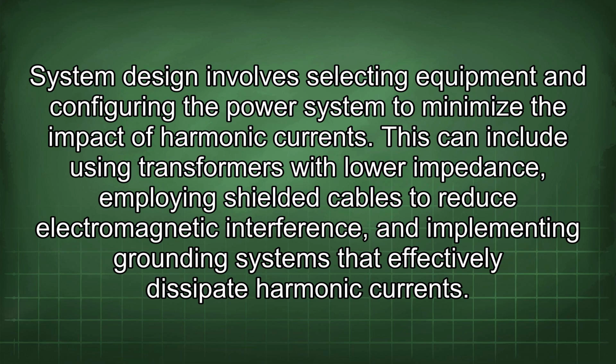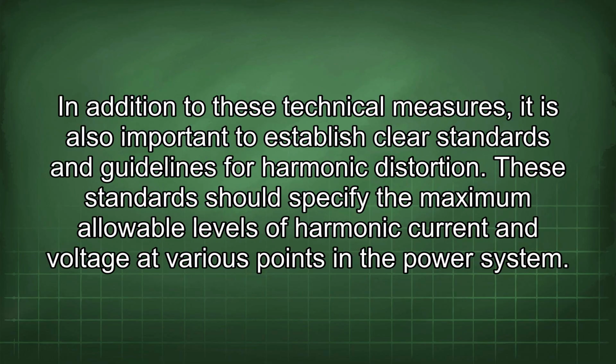System design involves selecting equipment and configuring the power system to minimize the impact of harmonic currents. This can include using transformers with lower impedance, employing shielded cables to reduce electromagnetic interference, and implementing grounding systems that effectively dissipate harmonic currents. In addition to these technical measures, it is also important to establish clear standards and guidelines